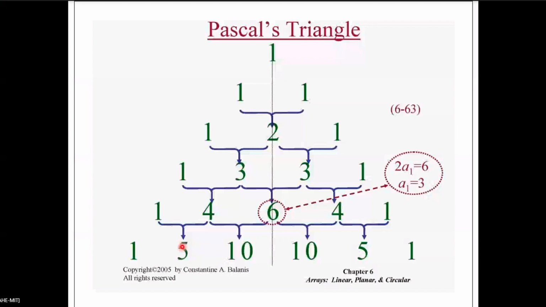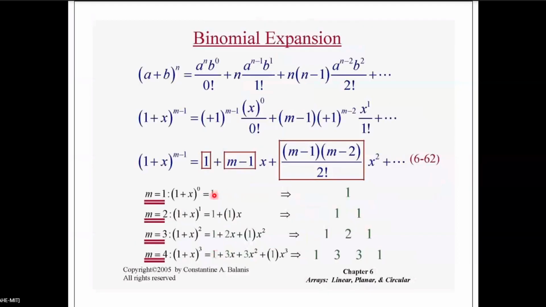Have you understood? Yes, sir. Very easy. So the expression for the array is the same as what we derived for odd or even element arrays. Same expression, but the coefficients a1, a2, a3 and all are found out using this Pascal's triangle. How do we get this Pascal's triangle? By expanding this expansion.